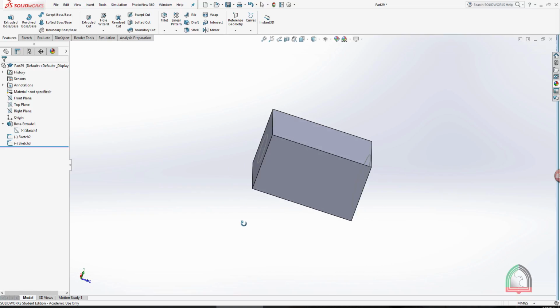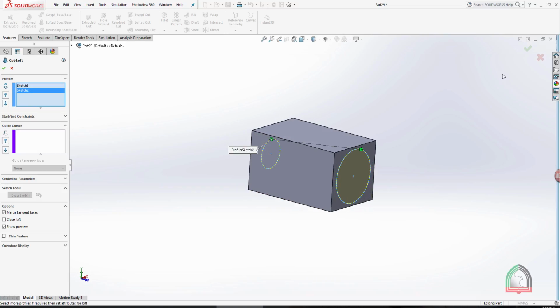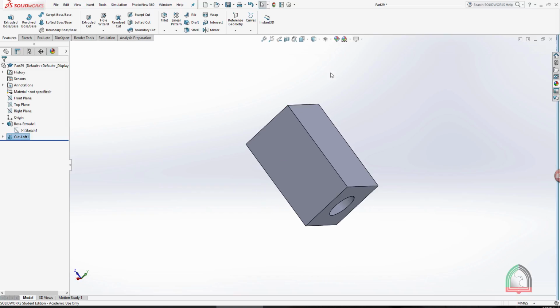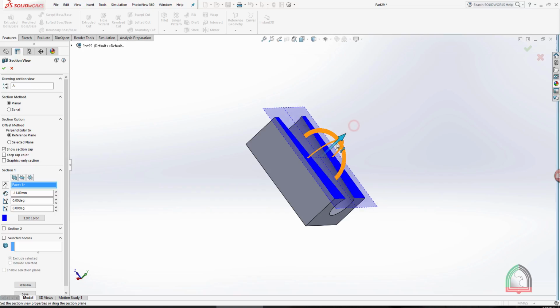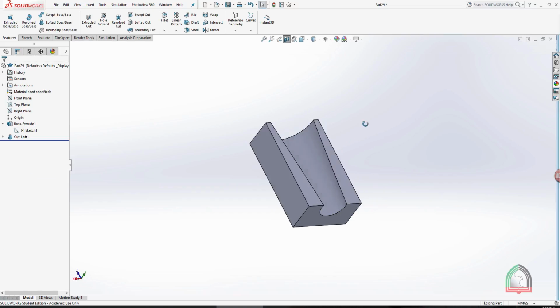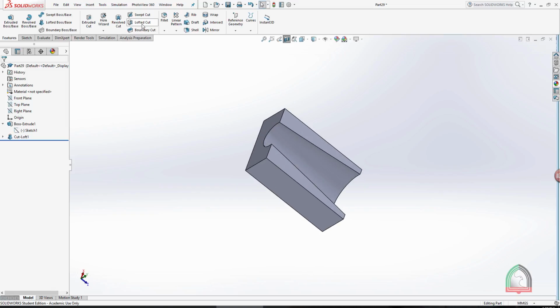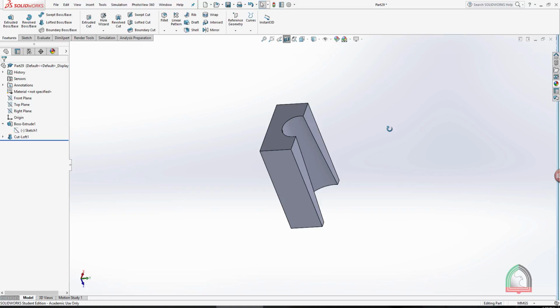So we are going to use the lofted cut option, selecting this and this. This will remove the material. Here you can see that when you are taking the cut section from here, this is the basic option. We will discuss more about the lofted cut and lofted boss in our next session, that is 4.2